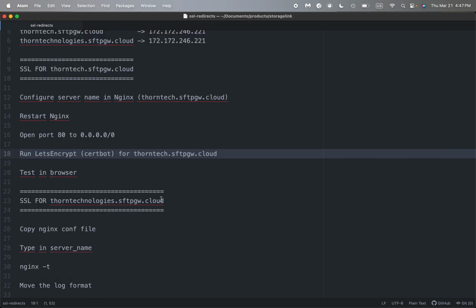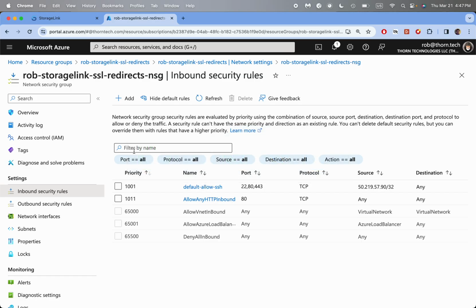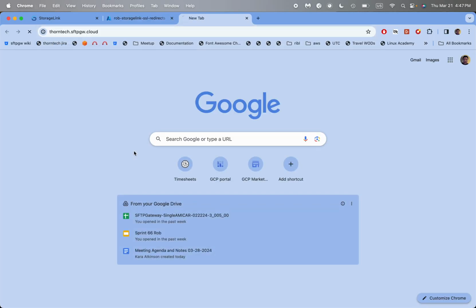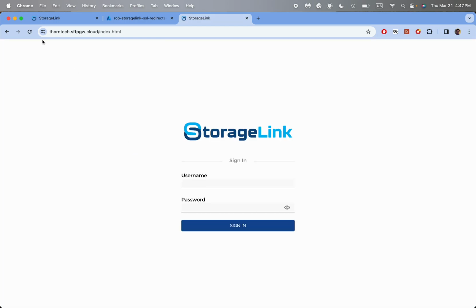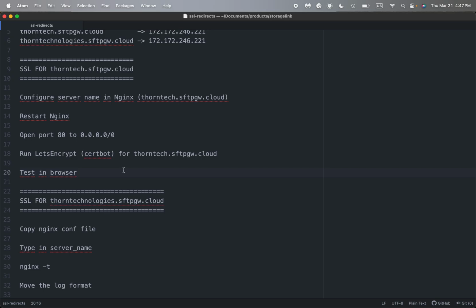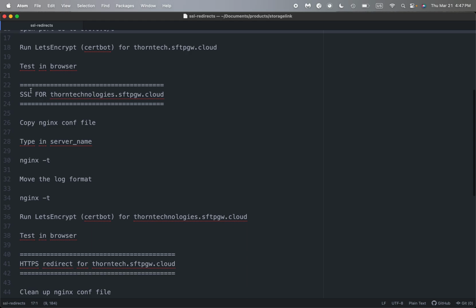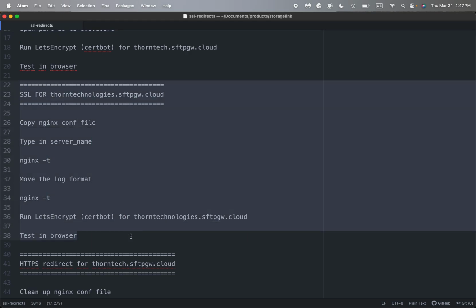So technically what I could do at this point is copy and paste this into my web browser, and then the SSL cert error that I had before will go away if I come in under this hostname, because now we have a Let's Encrypt cert. Okay, so we tested this. This is working. Now we need to rinse and repeat for the second